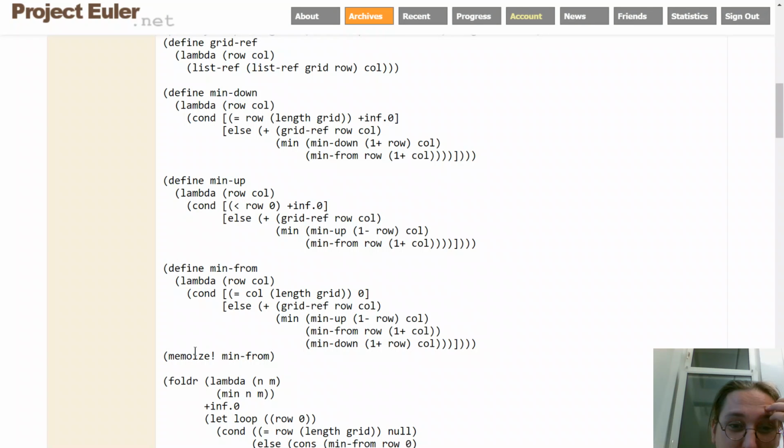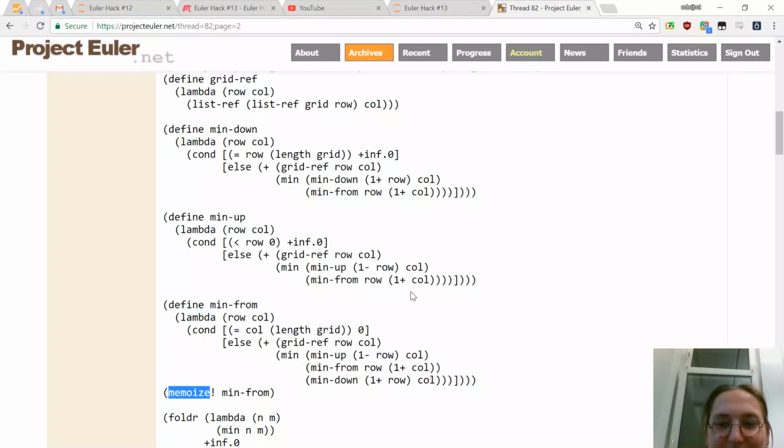Ooh, memoize. No, don't like that. I don't like functional programming, lambda as a variable. No, I think